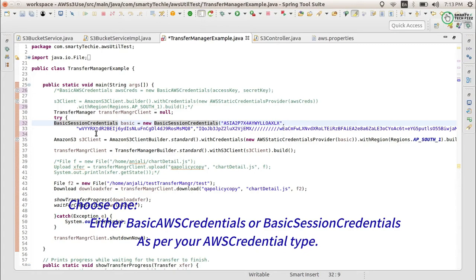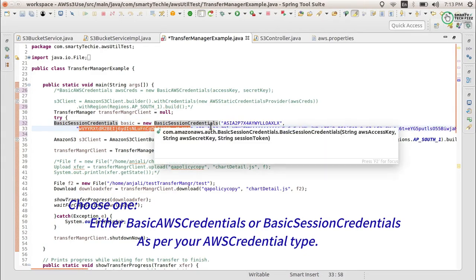If you are directly running your application on the AWS servers, you do not need to provide these tokens or access keys. Just create the credential, build it, and here you go. In my case, I have the IAM session credentials enabled, so I need to provide the access key, secret key, and the token key.